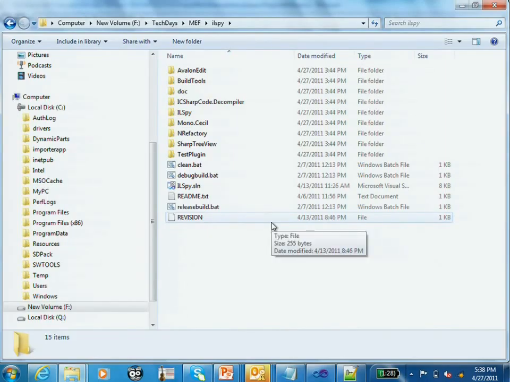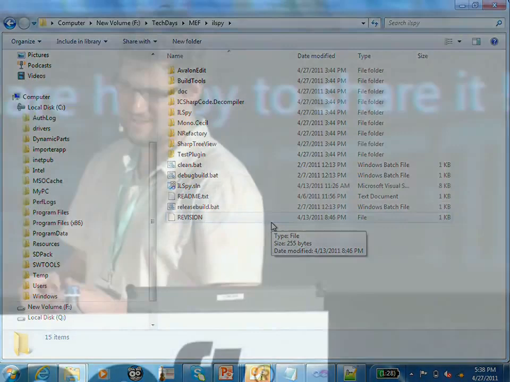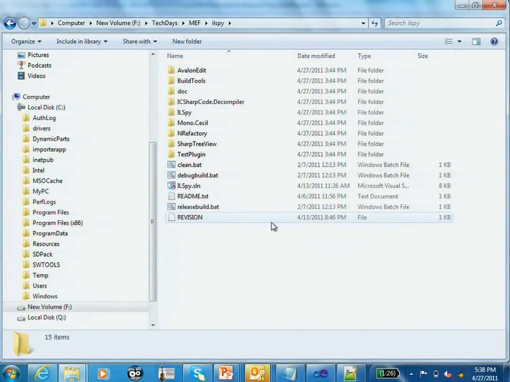ILSpy. ILSpy is an open source reflector type tool. Reflector used to be open source. Actually, I think there have been some recent announcements that it's coming back. And it just so happens that JetBrains is releasing one. And they just happened to announce that they were releasing theirs right before that heartfelt letter came about the change in strategy for Reflector. Makes you go, hmm. But ILSpy is an open source version, and ILSpy, like Reflector, has add-ins,